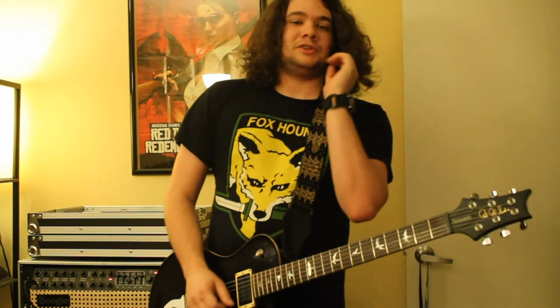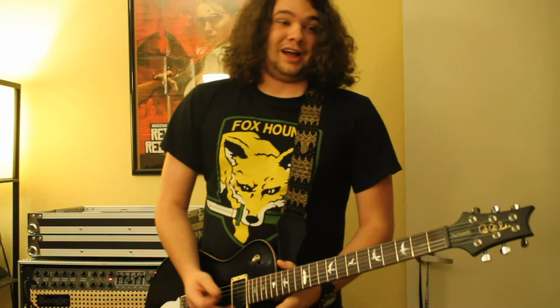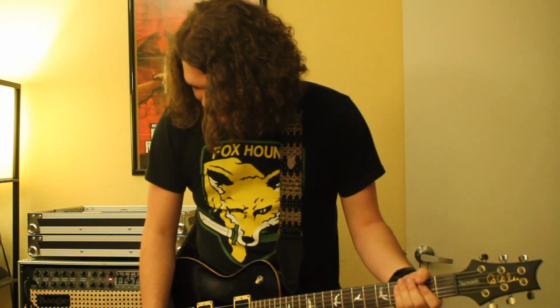Because it makes the guitar sound more like a guitar and less like a square wave. Because the more distortion you get, the more square wave it sounds, and everybody wants the over-the-top rectified sound, and if you use less than that, you just sound bigger in the mix, I think. It's all opinion, but... so, again, now if I roll the volume back on the single coil a little bit,